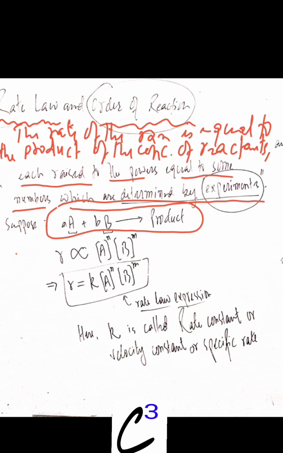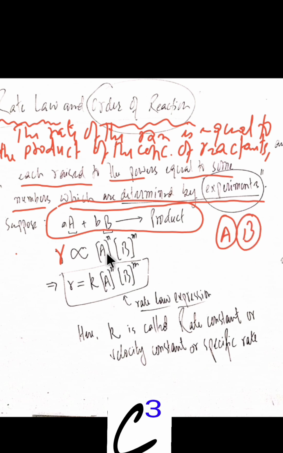Okay, so according to the rate law of this reaction, rate R is directly proportional to the concentration of the reactants, meaning A is the reactant, B is the reactant. The concentration of reactants A and B is represented by square bracket A and square bracket B. So it is the product of the concentrations of the reactants, and to each term will be some numbers